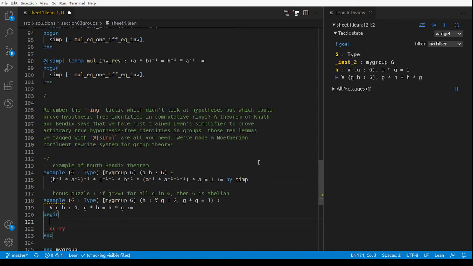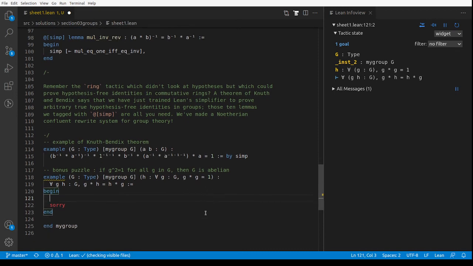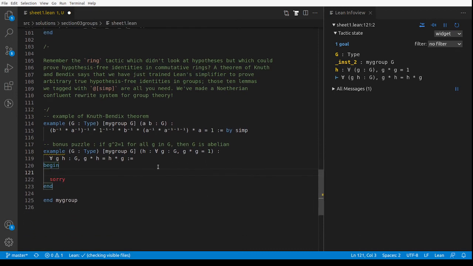So here's a fun problem that often shows up in an example sheet for group theory. Prove that if G is a group with the property that G times G is the identity for all elements of the group, then G is abelian. So why don't we prove that? This G times G is the identity is not actually the useful statement. The useful statement is that for all g, g equals g inverse. That's what we need,